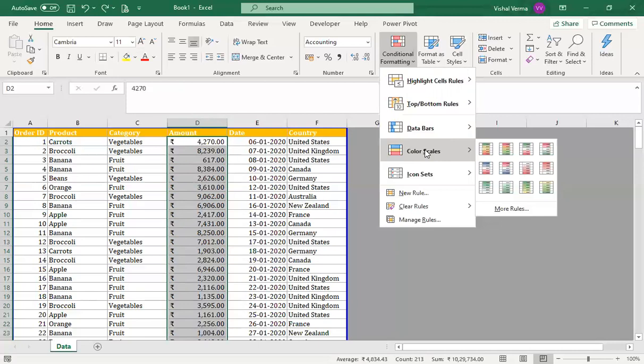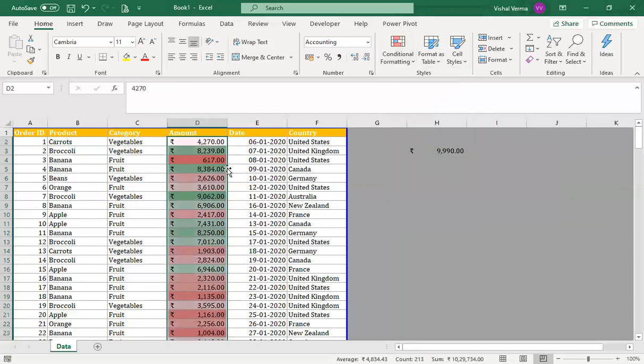So what is happening in the case of color scale? Say for example we want to go for the range from red to green. The red color is where the cells' value is less, a more darker red compared to the other positions. So darker red starts moving into pink and then finally into green. Now this is basically a two color diverging scale, and you can edit that color.